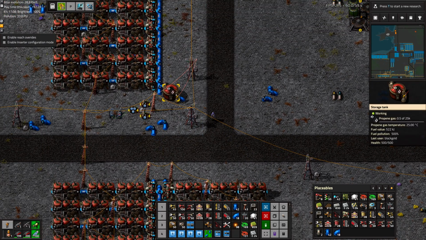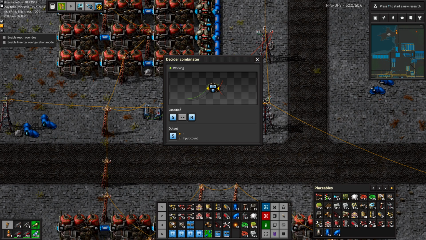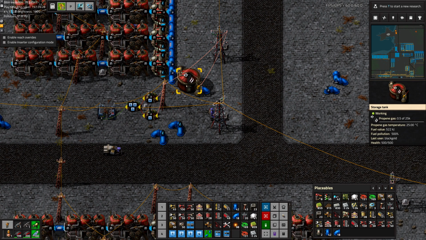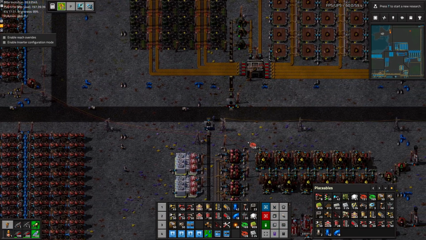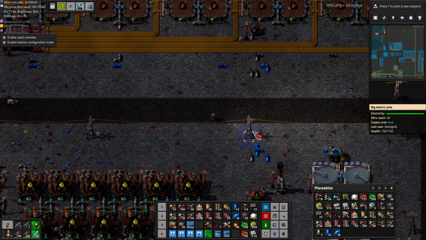Yeah, so let's run it based on the state of this tank. And it looks like it resets at 15. So I would say if propane is below 5,000, we should turn it on. So we will follow all of this